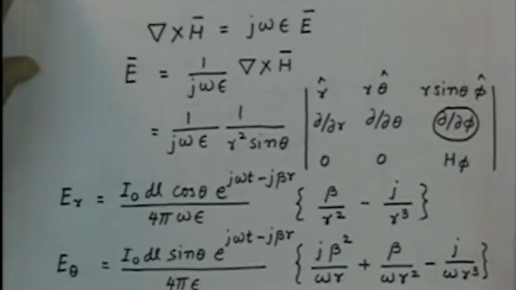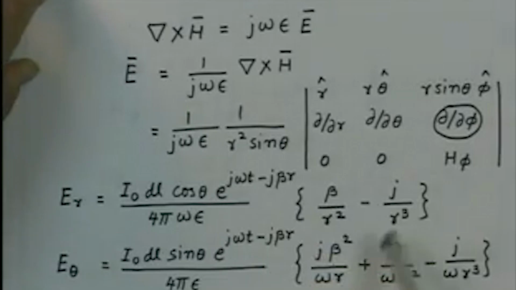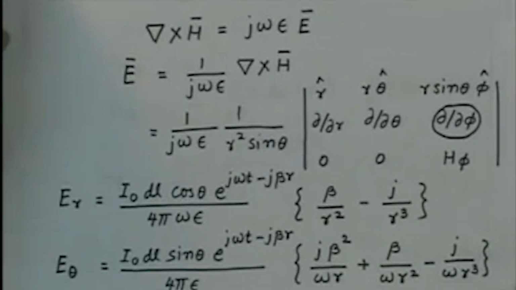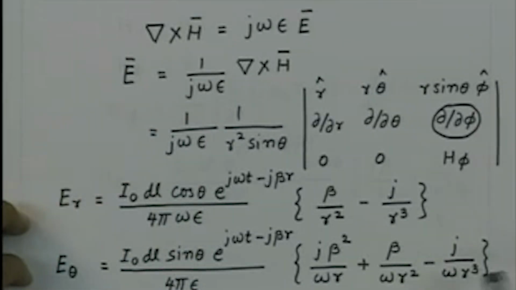We also saw that these fields have three types of variations as a function of distance from the Hertz dipole, that is a field which varies as 1 over r, the field which varies as 1 over r square, and the field which varies as 1 over r cube. And then we understood the different phenomena which are behind these three types of fields. So, we said the 1 over r square field is the induction field, and the 1 over r cube field is what is called the electrostatic field, which is